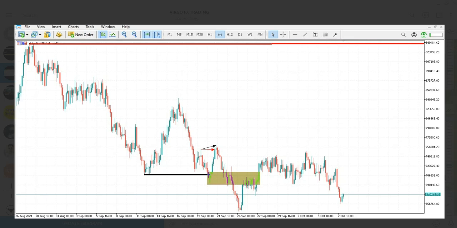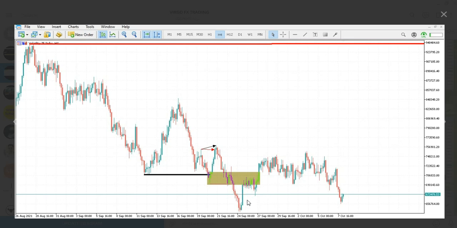Okay, so now let's see what price did. As we can all see, this is a break of market structure going down. So what do we do then? We always trade in the direction where the structure broke to. So in this instance, where did the structure break to? It broke bearish because the overall move is bearish. So then what do we do?